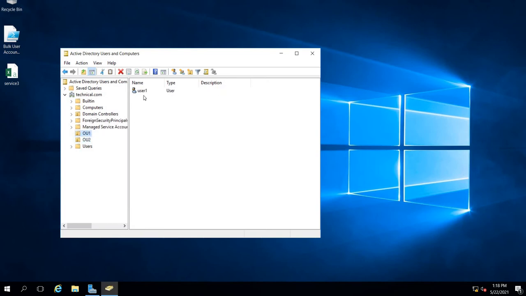You can see one user in the first OU and the second user in the second OU. Suppose whenever a new person is joining your organization, then you have to create their account in this Active Directory server, in this Server 2016 setup where we have a service called Active Directory, and you have to create a user account in these OUs, right?